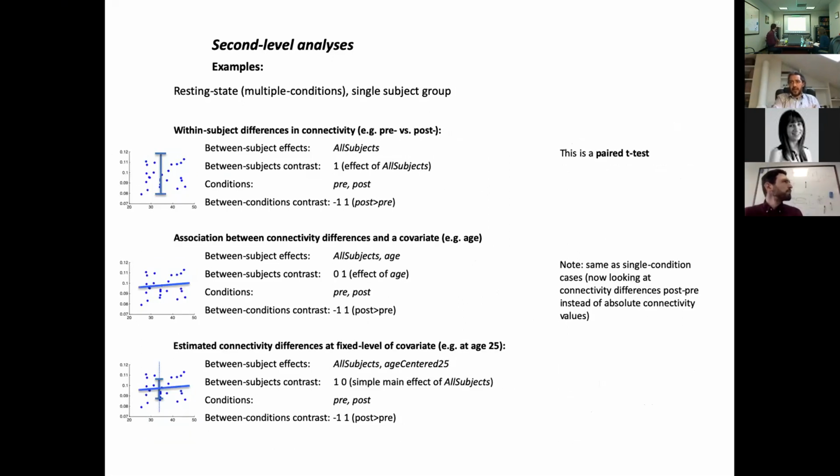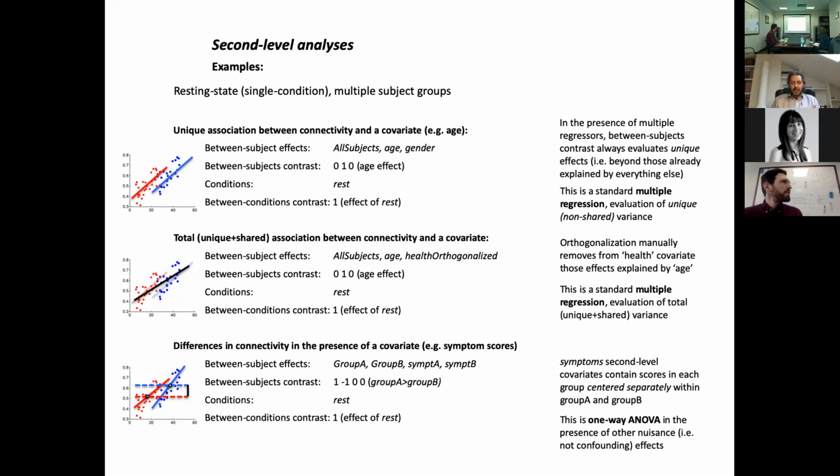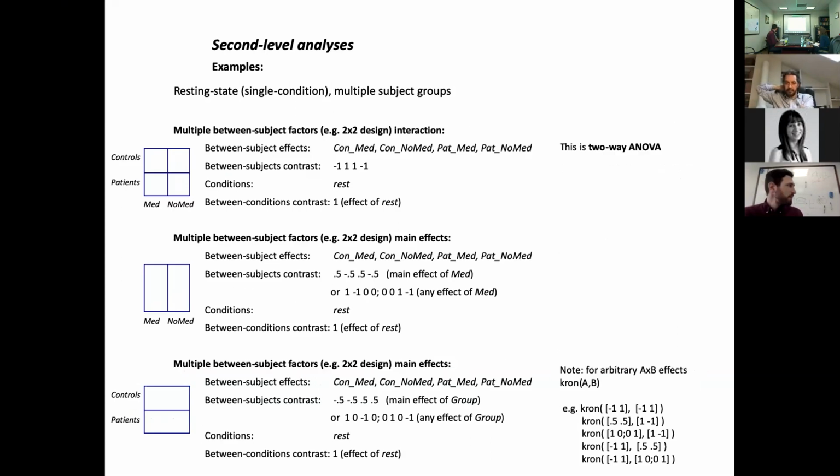I can talk about this, it's not very long. This is about what you do when you have multiple conditions. In the context of everything we've talked about, how do you specify the second level analysis? I think this is more theoretical, or we can go for examples and rest a bit from so much theory. We should go through the multiple conditions thing at some point. That could be now or after the example. I think we should go through it in a different meeting, because I think the example will have